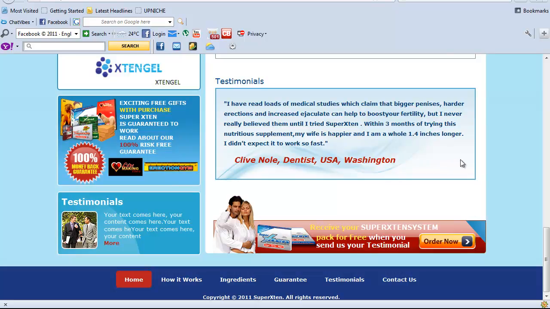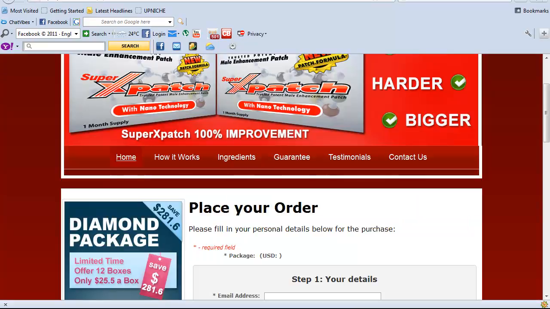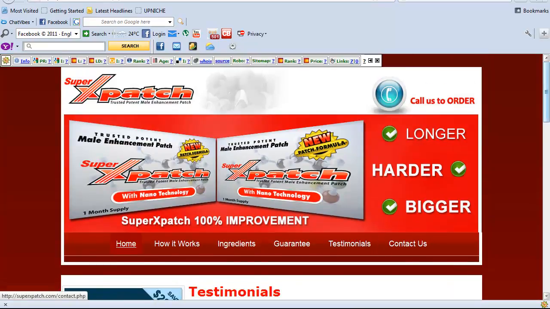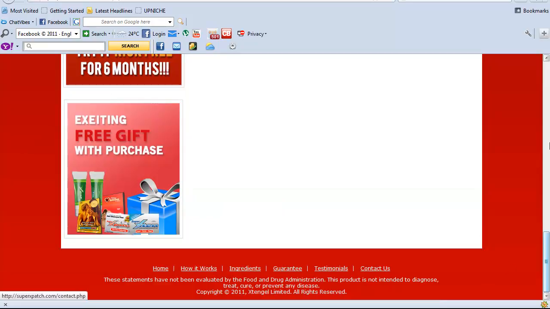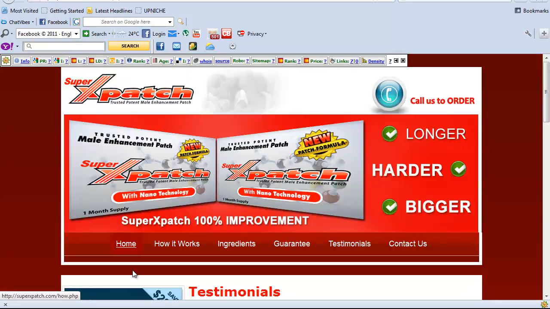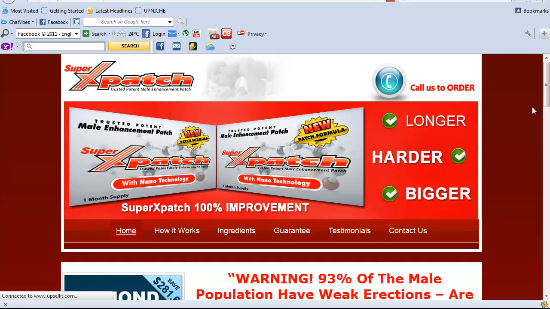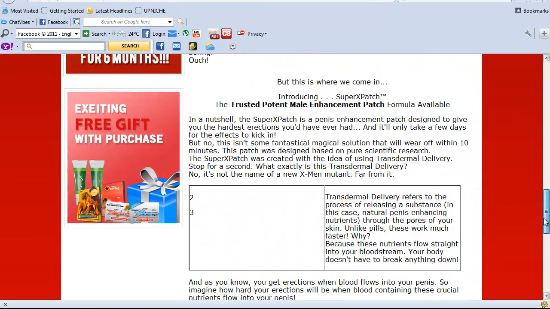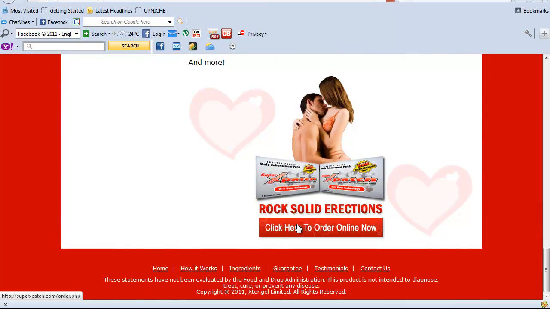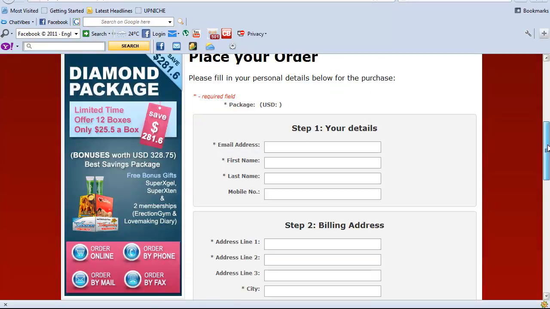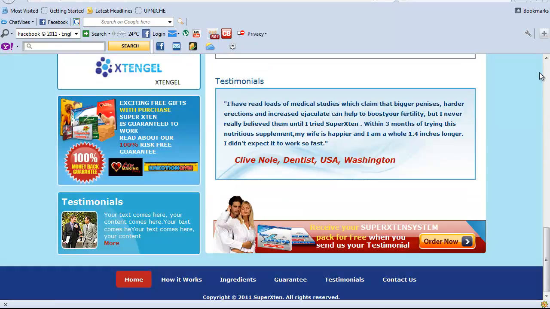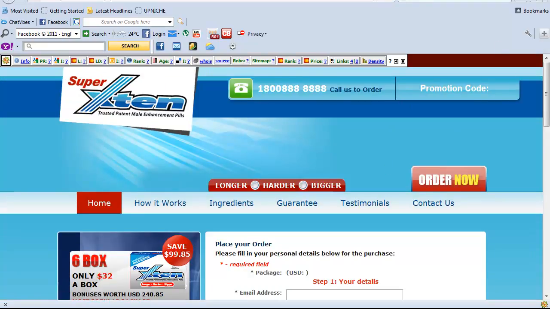Okay, now this is the problem I'm facing here, Alfred and Amitabh and Prashad. If you see the Super X patch, let's say for the Super X patch we go to the order. Let's order now. Okay, let's go to the home first. We click on order. What you did was it immediately fills up the form. Same with this, when you click on order, it fills up the form. But which is wrong.